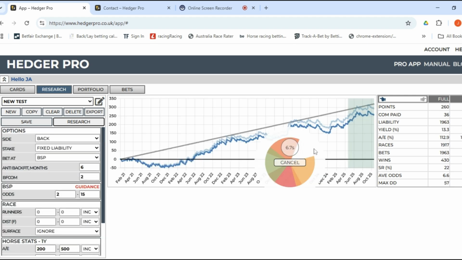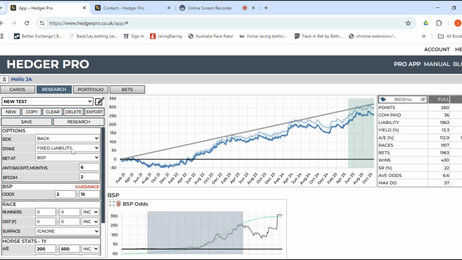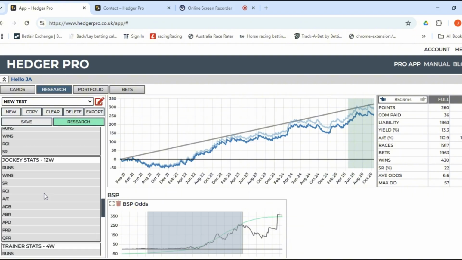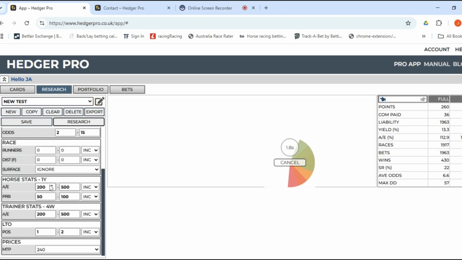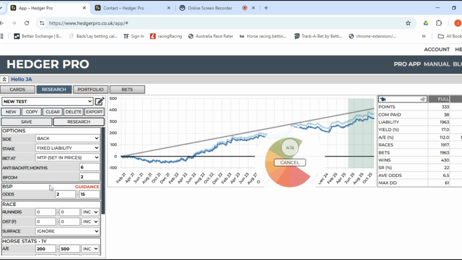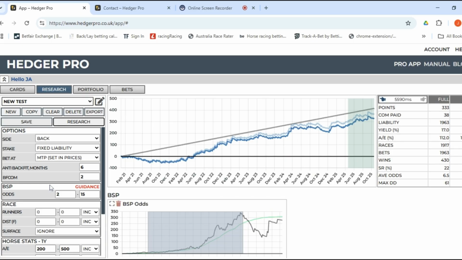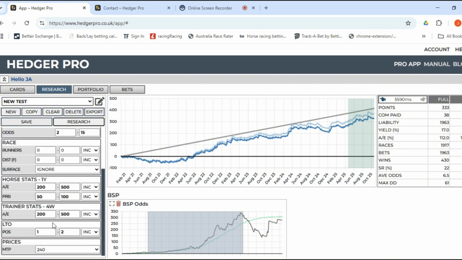Yeah, so we've got this system backing to a fixed liability. You can lay fixed profit. You can also bet at minutes to post. So I'll quickly show you. Instead of going off the BSP price, you can go off the minutes to post price, which is actually quite interesting as well. This is something most services don't do. So already we've improved our performance to 333 points at a 17% yield by betting 240 minutes from the jump,